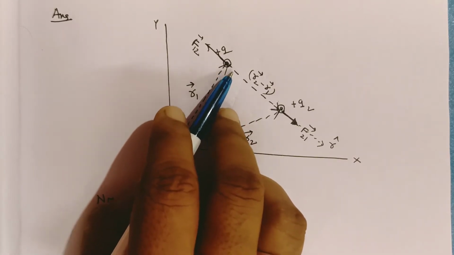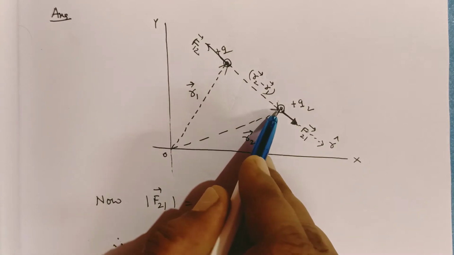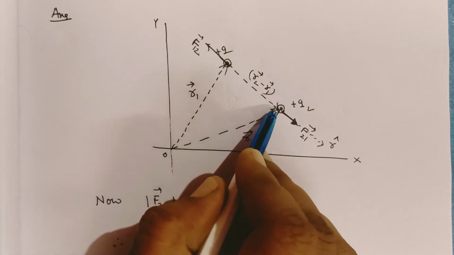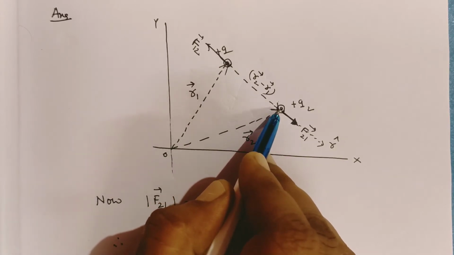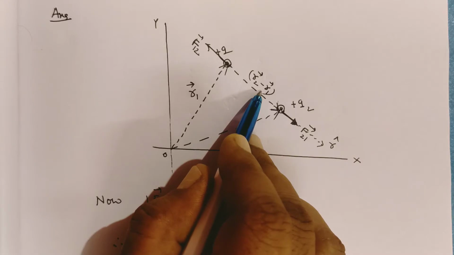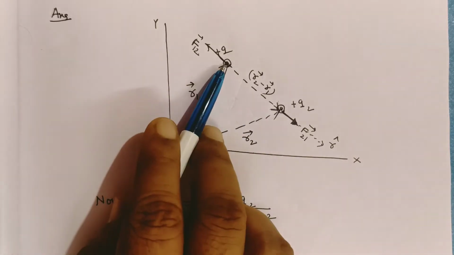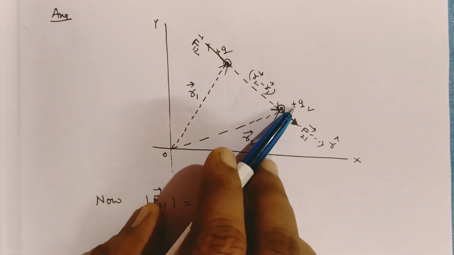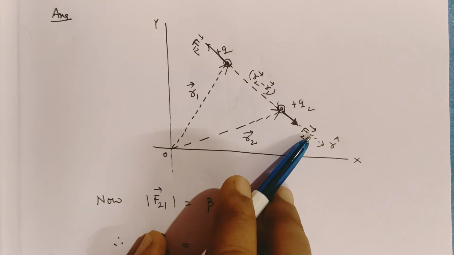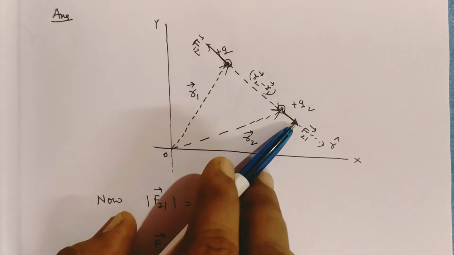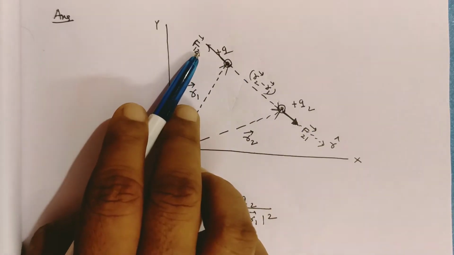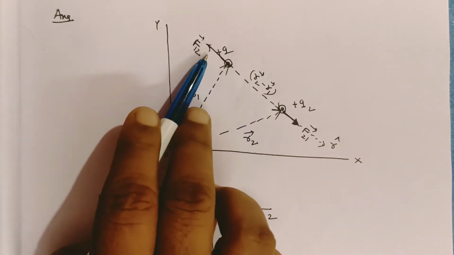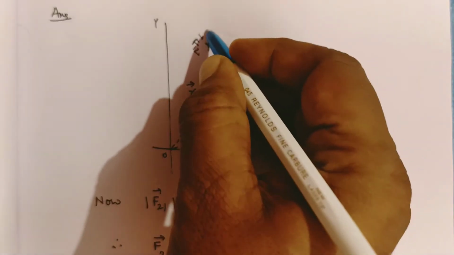So how will you represent it? Remember, this is the initial point and this is the final point, and the vector can be represented as the position vector of the final point minus the position vector of the initial point. Now you see the electrostatic force of interaction. Both will repel each other. Hence F21 vector means force acting on Q2 due to Q1. Similarly, F12 vector is the force acting on Q1 due to Q2. Now we have to represent this vector and this vector.